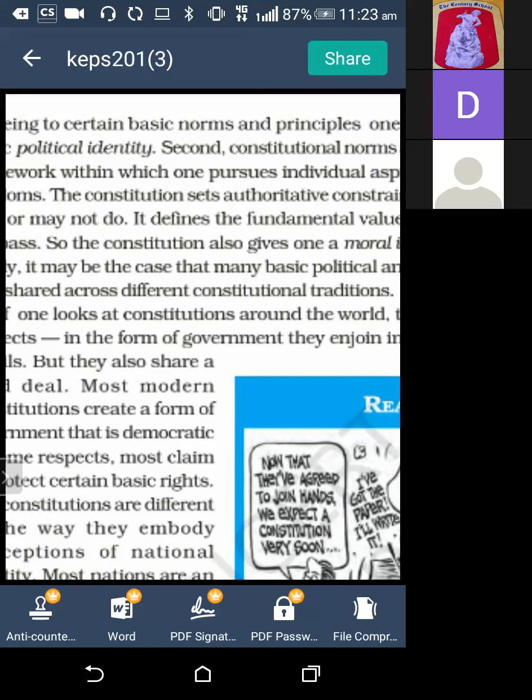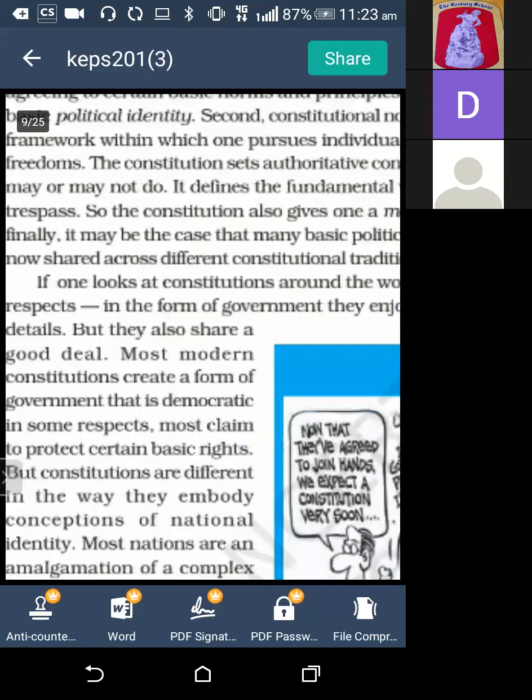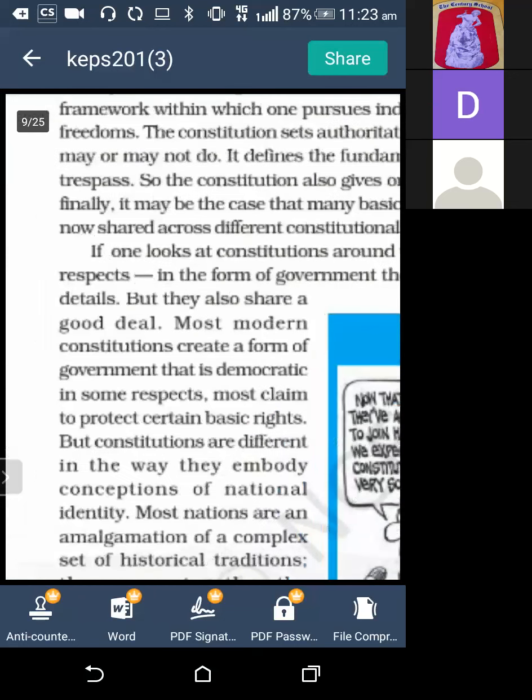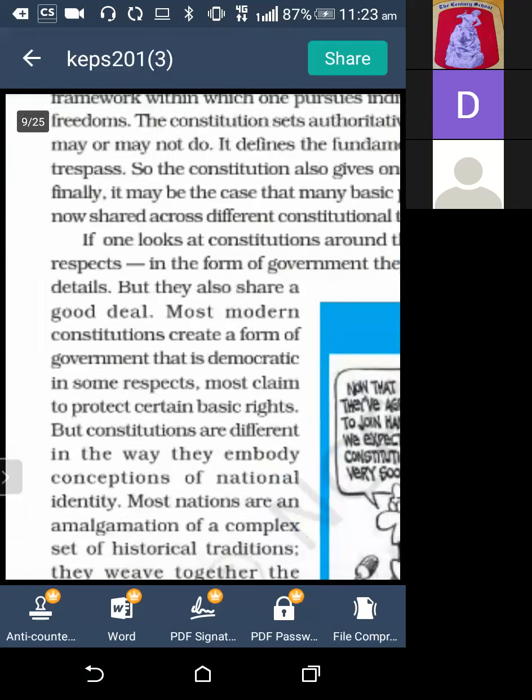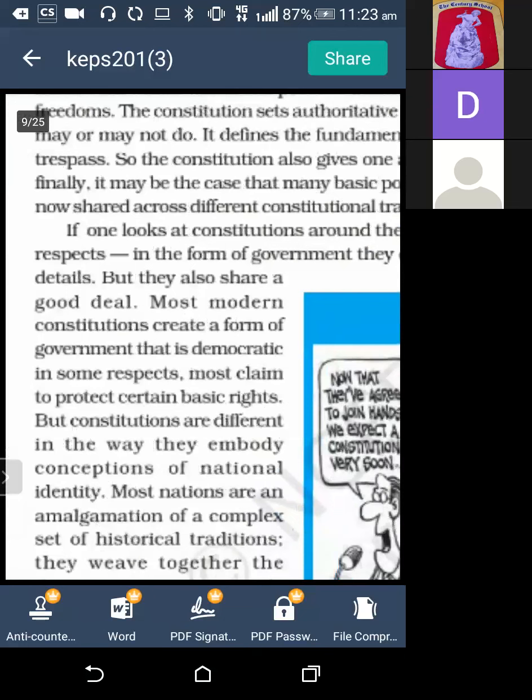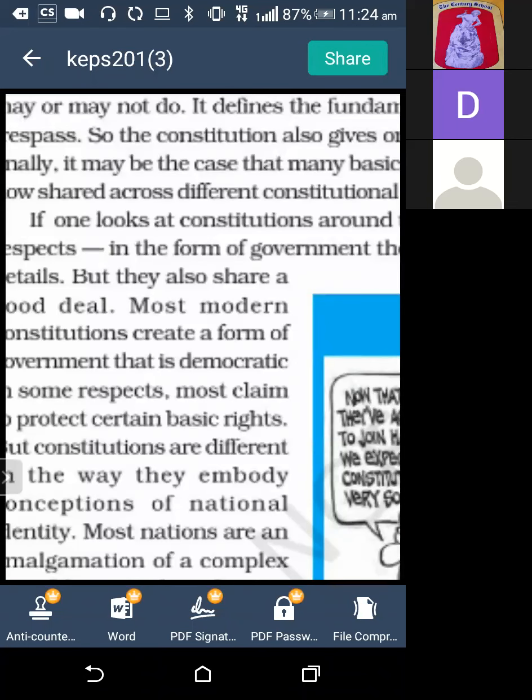If one looks at constitutions around the world, they differ in many respects. In the form of government, they differ in many procedural details, but they also share a good deal. Most modern constitutions create a form of government that is democratic in some respect. Most claim to protect certain basic rights. What do you mean by this? It means if a government is a democratic government, it has to